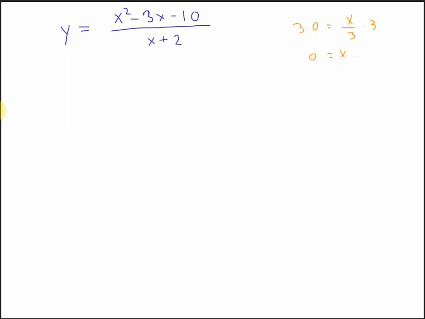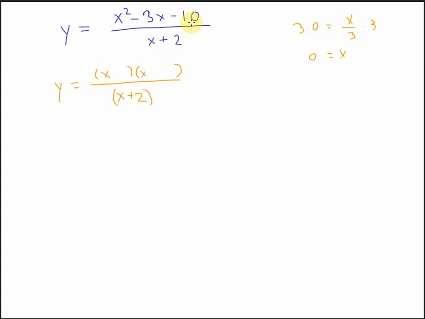Okay, so what happens is here, we're going to factor everything out and make it look all nice so we can see if there are any holes, or if there are any vertical asymptotes. So this is already a linear factor. Here, we're going to write this out as linear factors, by saying, okay, what multiplies to give you